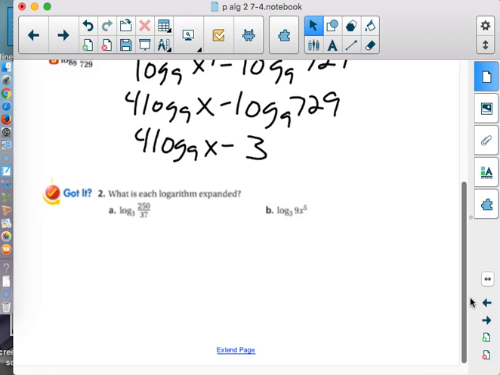Anybody without a calculator? It looks like... Let's see if that first one was